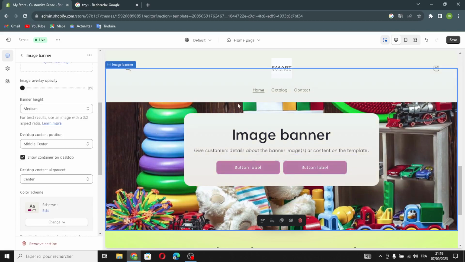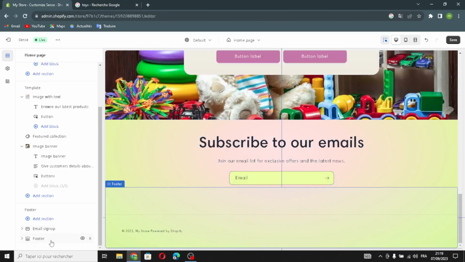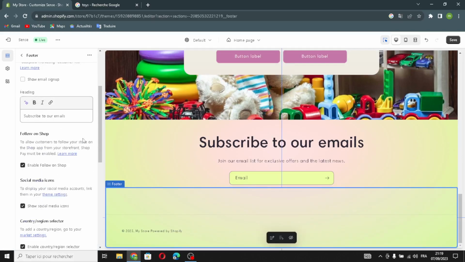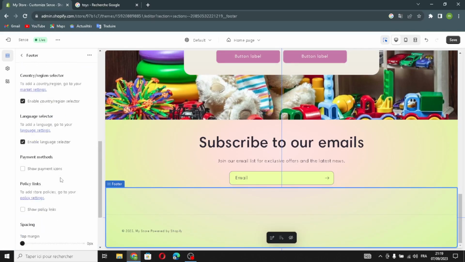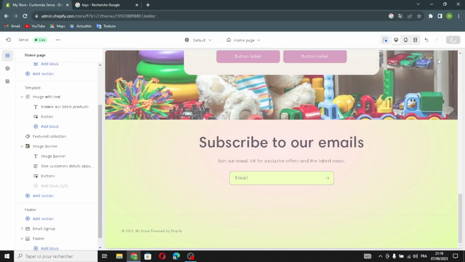So that's it. Now after we're done from this, you can edit the footer also. You can add email sign up or footer. You can edit the footer also here. You can change the heading like always. So that's it. Now after you're done from designing your website, all you have to do now is click here, save,